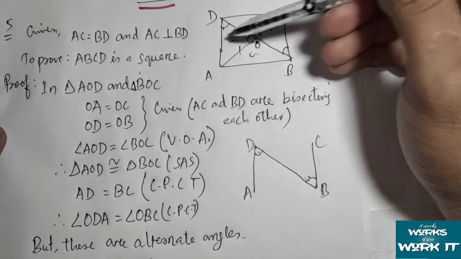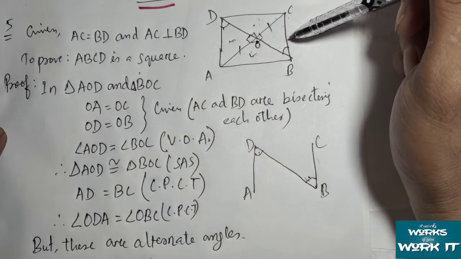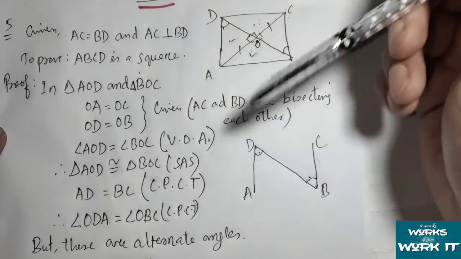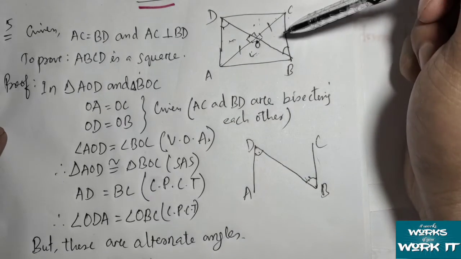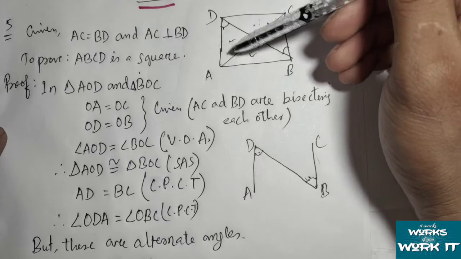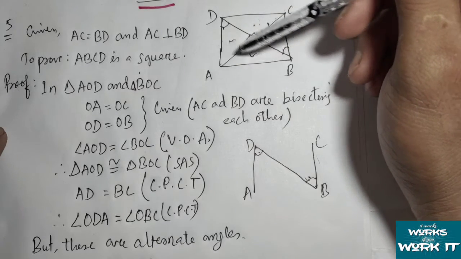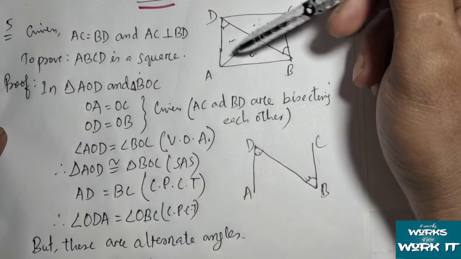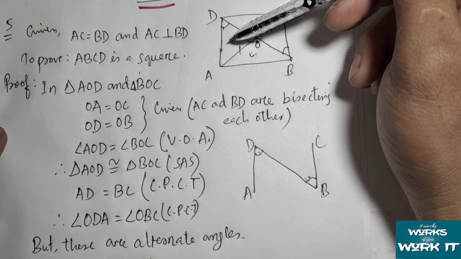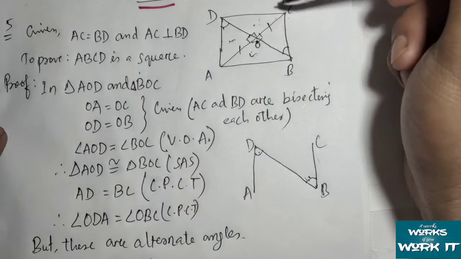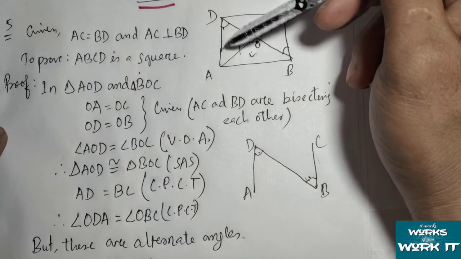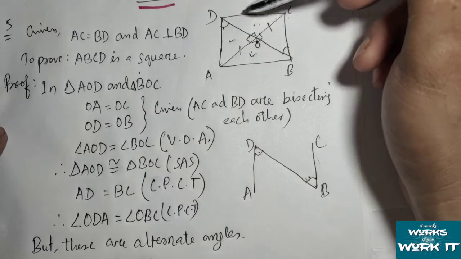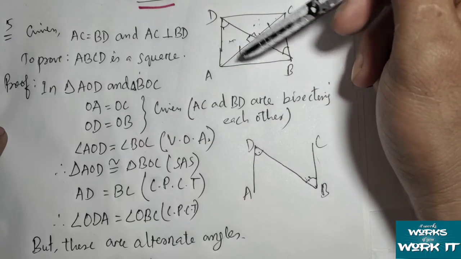So we have shown the opposite sides are equal. Okay, and also we have proved that this is a parallelogram, so opposite sides will be equal. So now you need to show that their adjacent sides are equal. Once we show adjacent sides are equal, we can directly write that all the sides will be equal. Okay, we have to link the opposite side with this adjacent side.